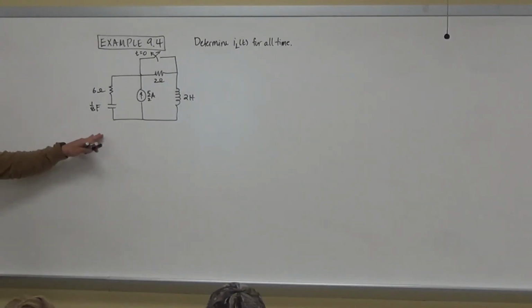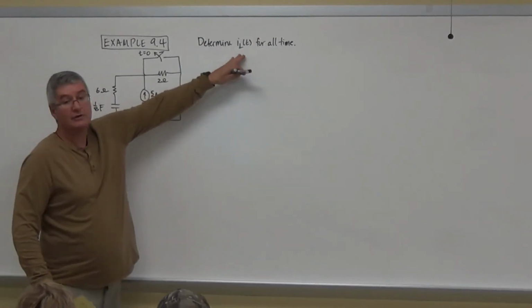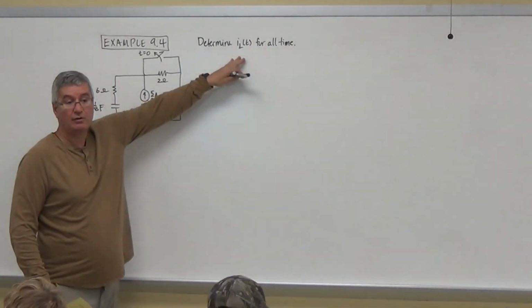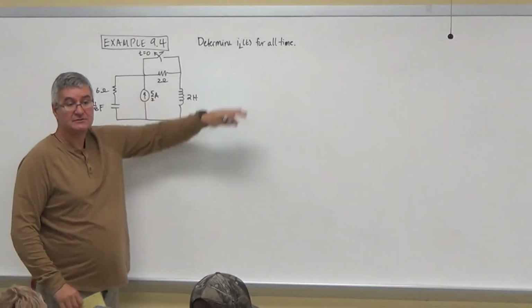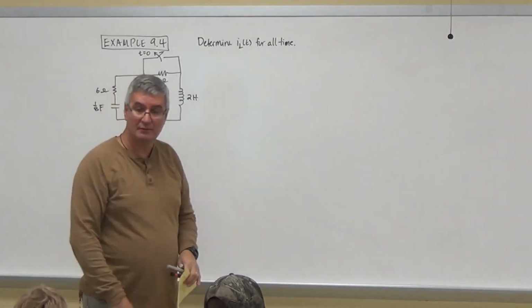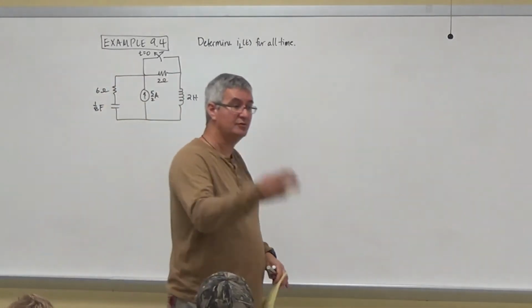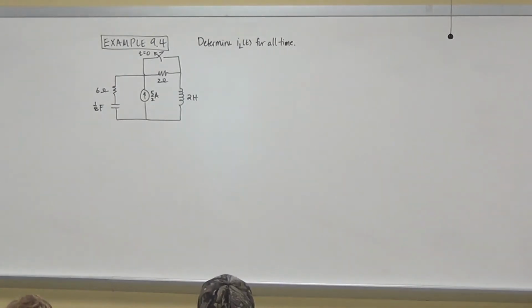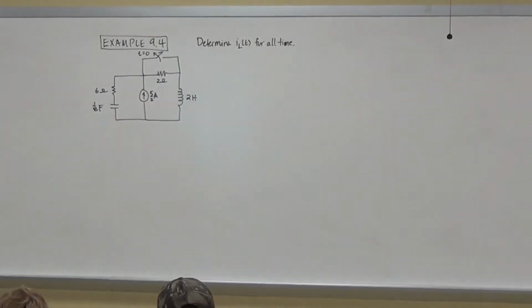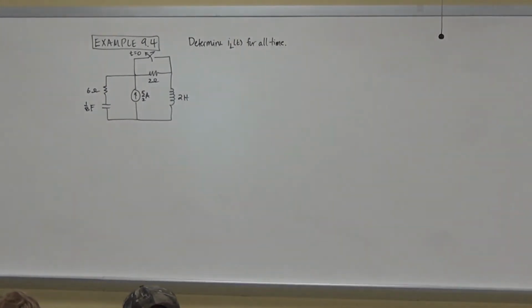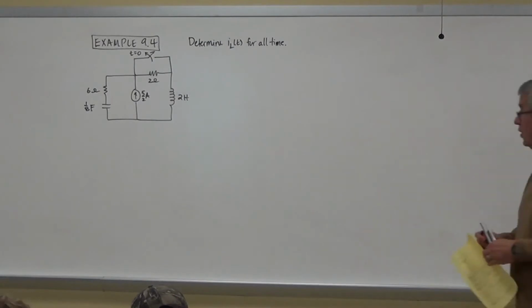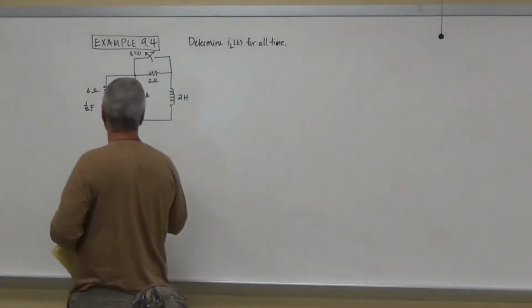So, what do I want to do? I want to find the current of the inductor for all time. So that means I've got to go through steps 1, 2, 3, and 4. So there you go. What I'm going to do then is apply KVL and KCL. So I could go in here and I could just say,